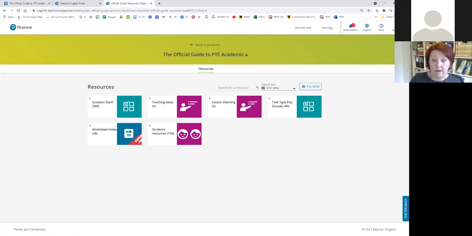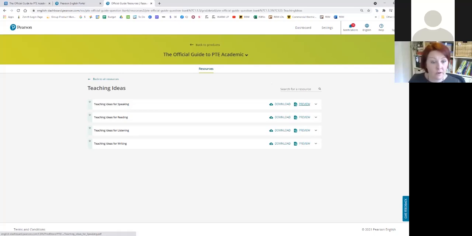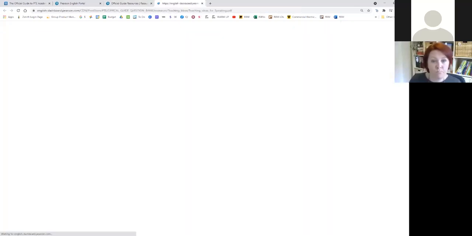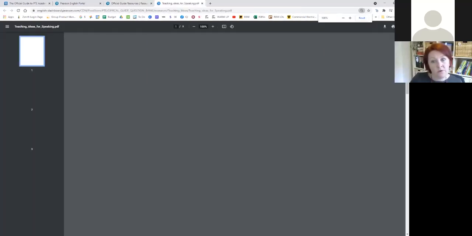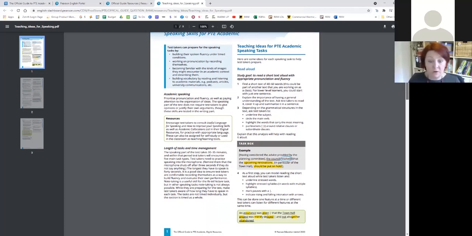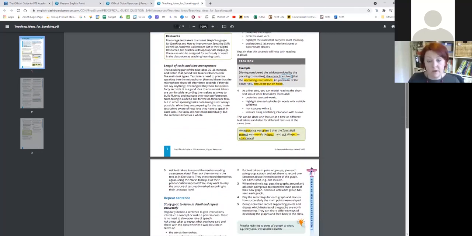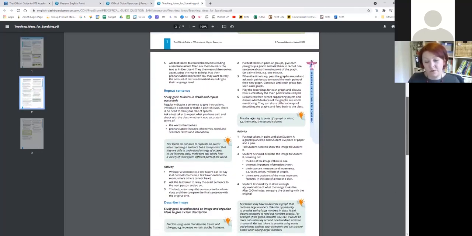So we can go in and look at teaching ideas, for example. Let's look at speaking. So there's one of these for each skill type. And this is really, really juicy. Got lots of ideas on it. It's got activities that you can do. It's got things there on time management and task management, how to set study goals with your students.